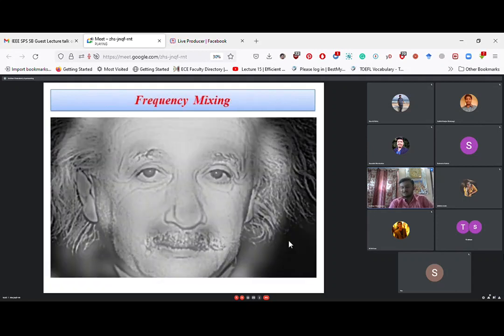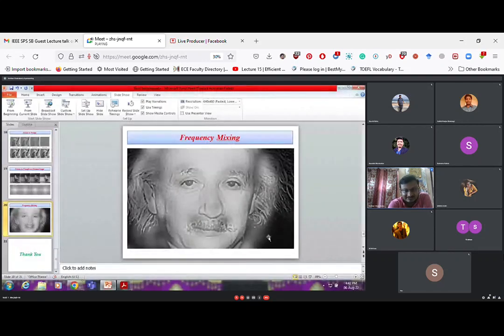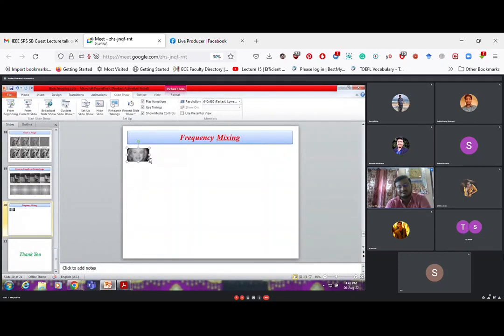Now we will come to the challenges and all these things. Before that, a fun kind of thing. Here you can see it is an Einstein picture. Now if we make it very small, can you see Einstein? It is the picture of Marilyn Monroe, but blurred. You can see the picture is a Marilyn Monroe picture, but in a blur way. But when we increase it, it will be the Einstein picture.